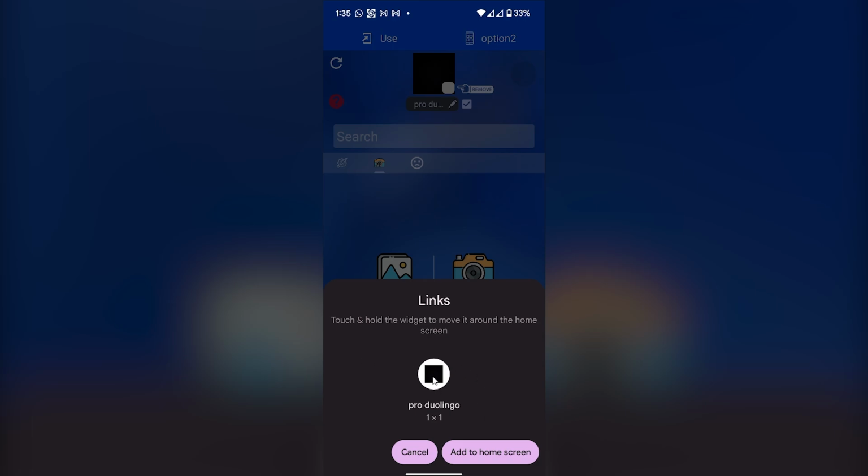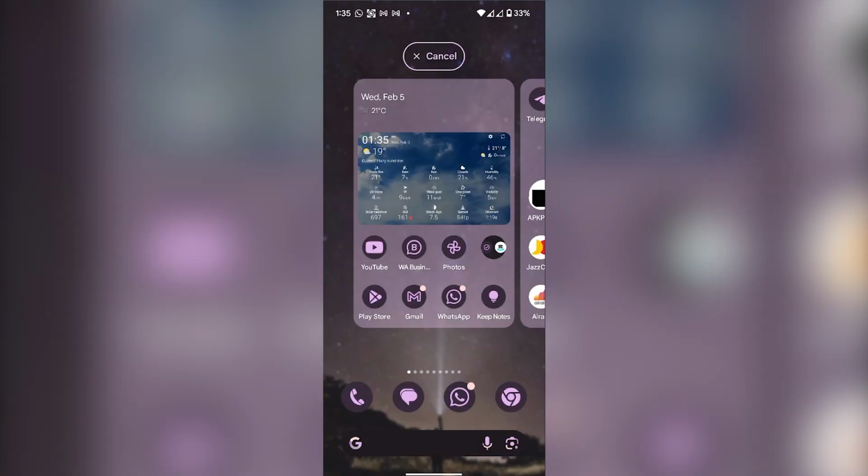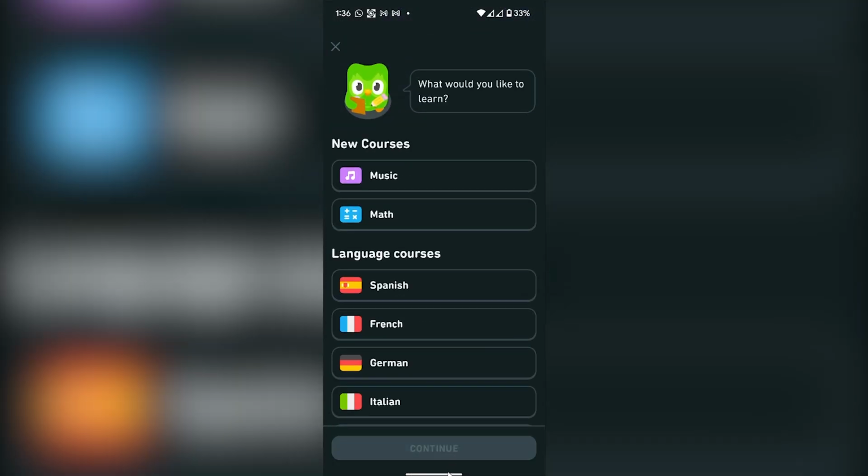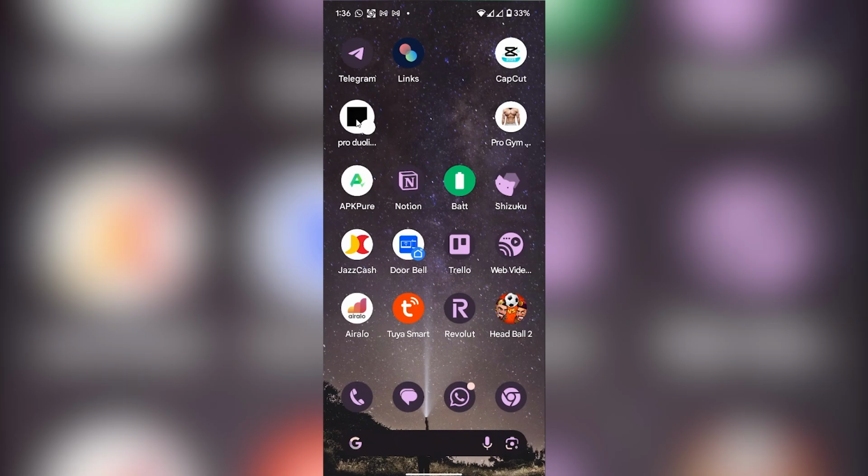What I will do, I will long press this icon and I can place it anywhere inside my home screen or my lock screen. For instance, if I move it here, as you can see, there is a Pro Duolingo icon that I have just created. If I click on it, as you can see, it will open the Duolingo app for me, and that's how you can change